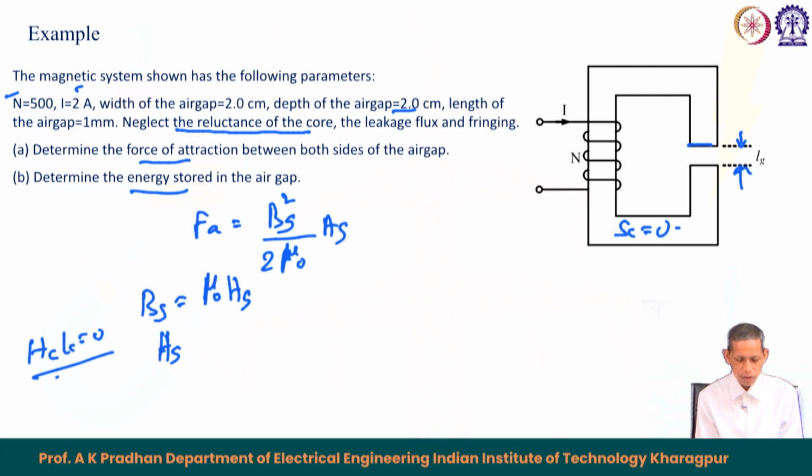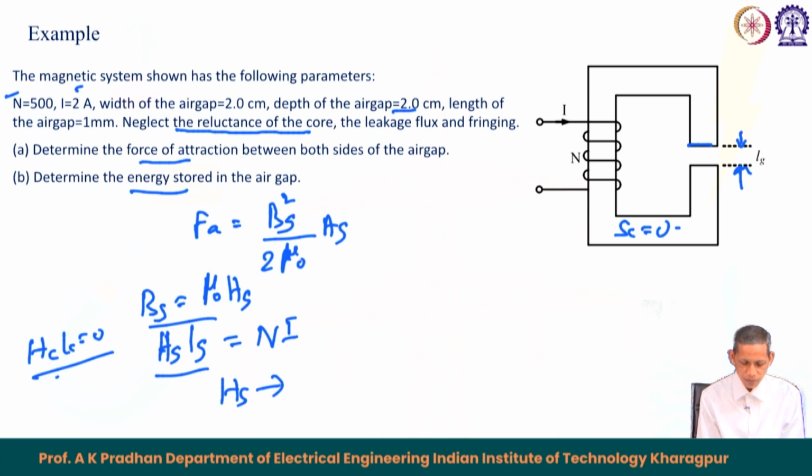So, therefore, Hc Lc equals 0. So, Hg Lg is nothing but the corresponding MMF drop in the air gap, that becomes equal to the MMF provided by the coil, that equals NI. So, from this you can find out this Hg. From Hg you can find out Bg, and from Bg you can find out